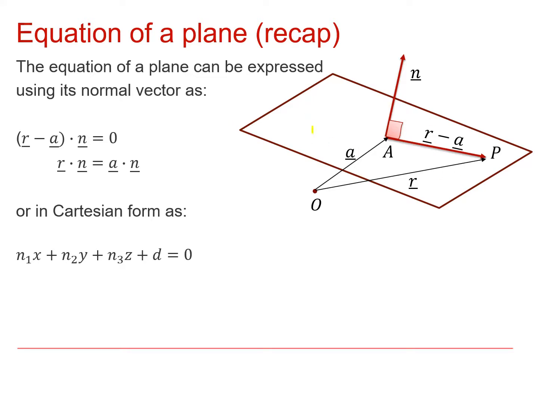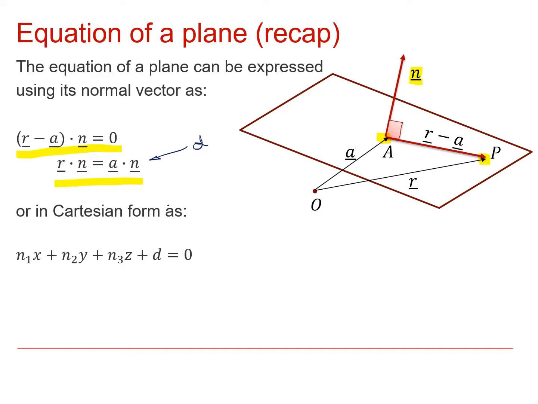If we've got a plane, as I've got here, with a normal vector n, and I know the position of a point on the plane and want the position of any other point on the plane, then I can use this equation, r minus a dot n equals naught. That rearranges to give me r dot n is equal to a dot n. Now remember, a is going to be a constant, and obviously the normal vector will be a constant, so this bit here is really just d,